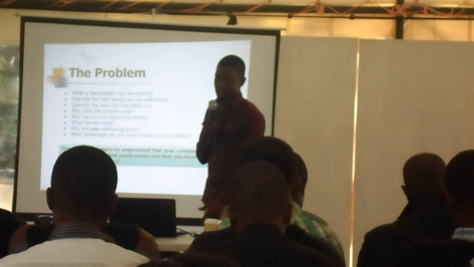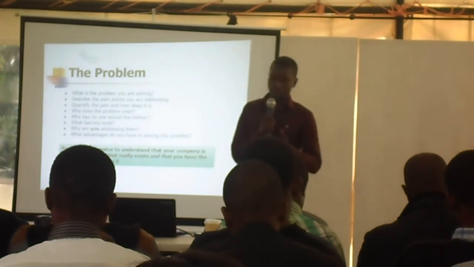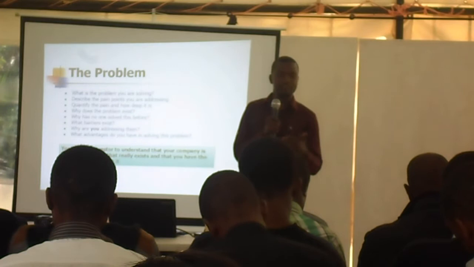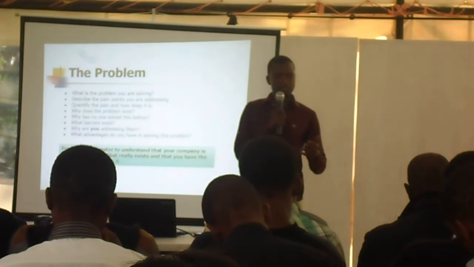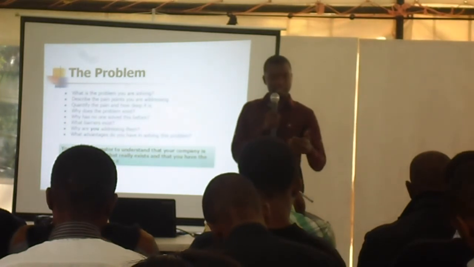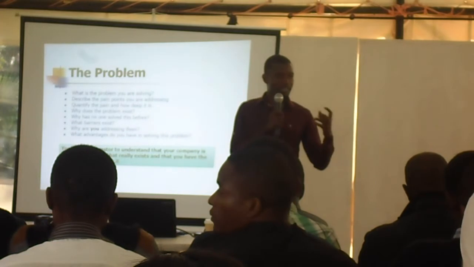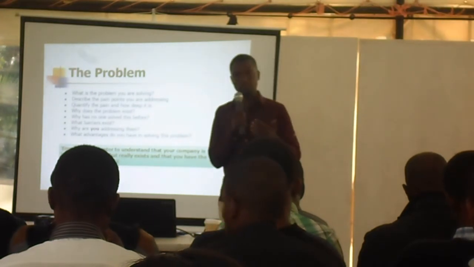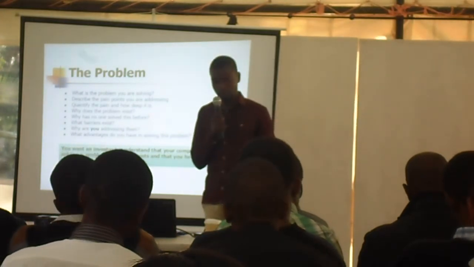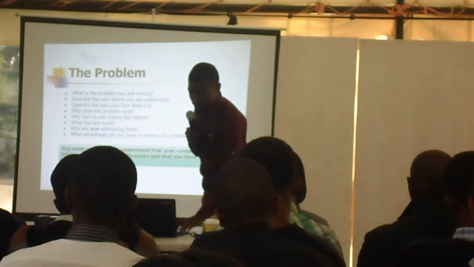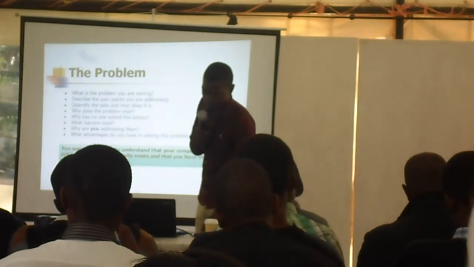So this is the need. You need to show that you are addressing it because you find money value, because the investor needs to know that there's an exit for them. Exit meaning to marry. What are their exits? So if there is no reason for you to address it, there is no reason for them to put money in it. What advantage do you have in solving this problem?